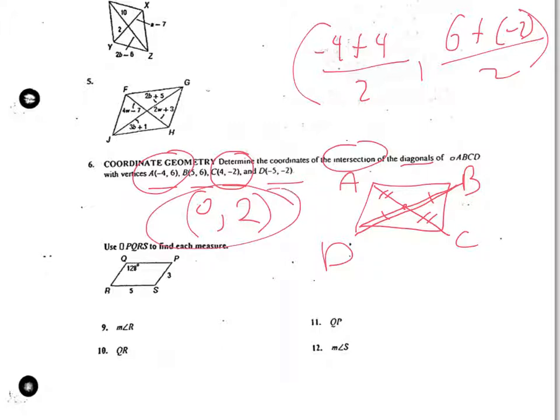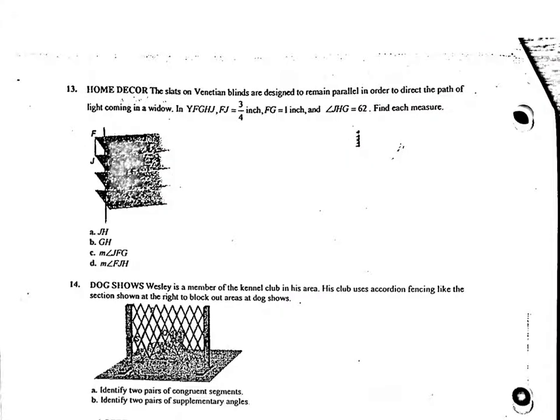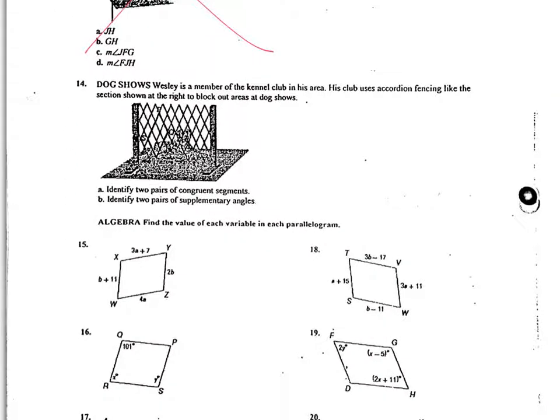That is my answer. Number 21 on the homework is just like this one, so you're going to use the midpoint formula for number 21. Just find the midpoint of one of the two diagonals, and that's it. You do not have to do number 13 and 14 since they're unreadable on your assignment. But other than that, you should be good. Oh, I will say this. Let me look at number